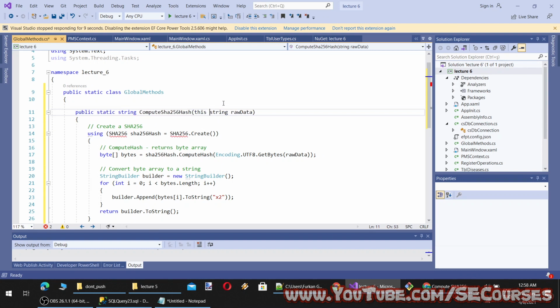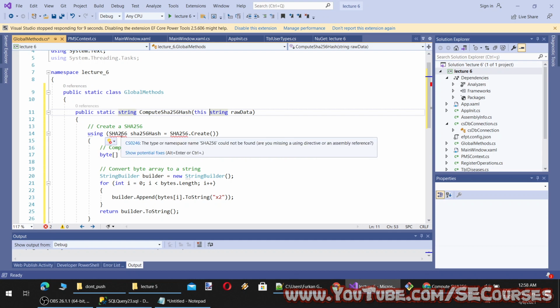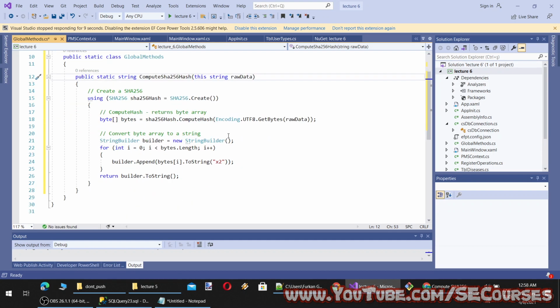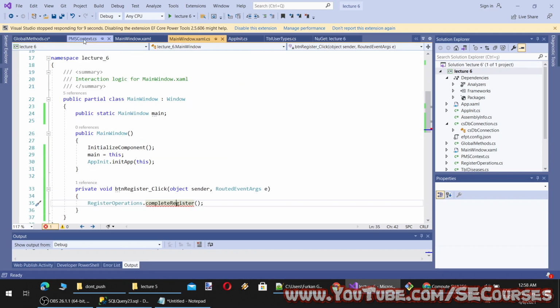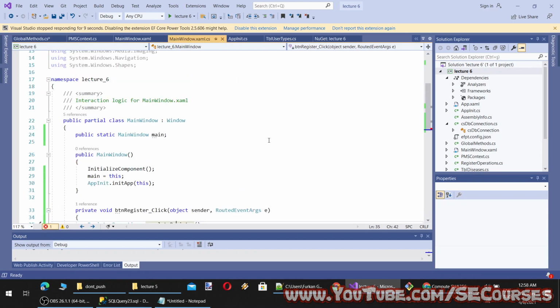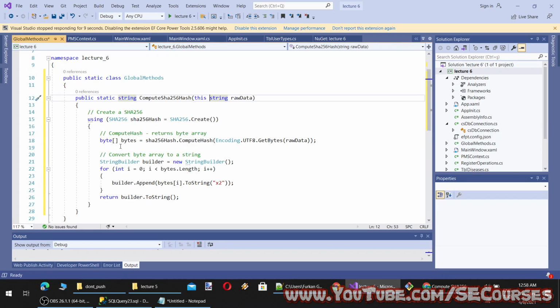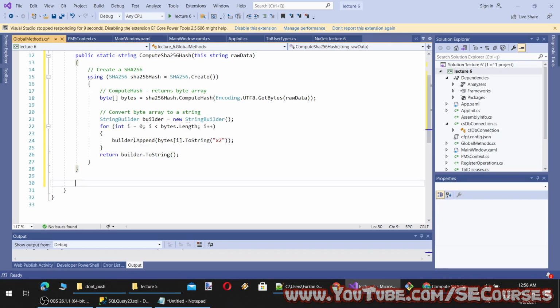By the way, I will make this an extension. So it will be an extension method. Okay, it is ready. And so basically, I will use another thing. So let's add another method. Yeah, so this will take string user password and string user first name.